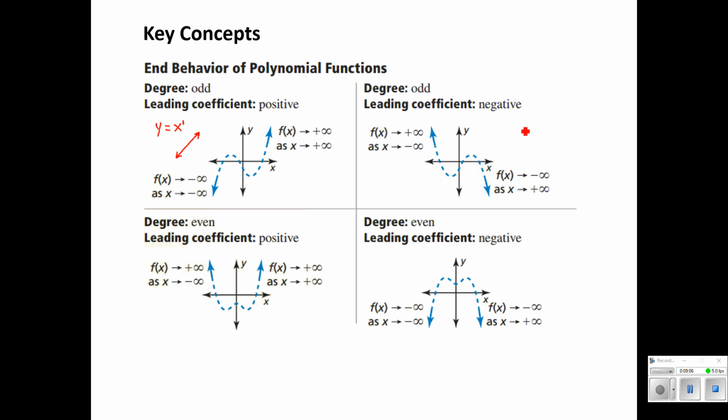Now if we have an odd degree with a negative leading coefficient, that's like y equals negative x, or we could think of that as negative x to the first. It's a vertical flip applied, or our function is simply a negatively sloping line, so to speak, the most basic one. Okay, but again, look at the language. Our height is increasing as our x is going to the left. Our height is decreasing as x approaches positive infinity, as x moves to the right.